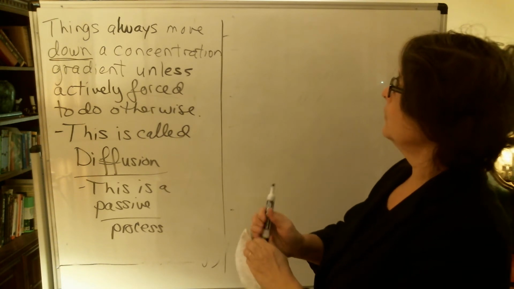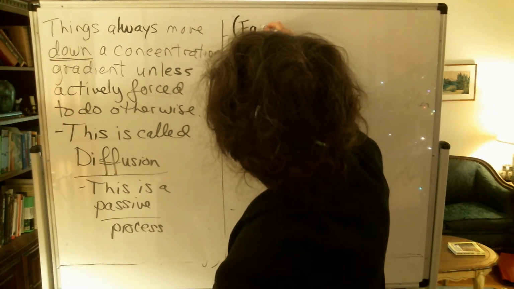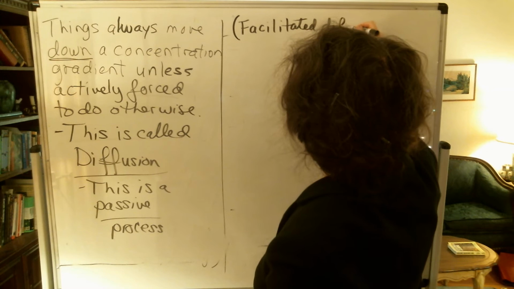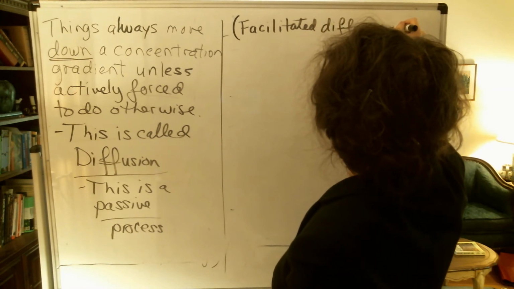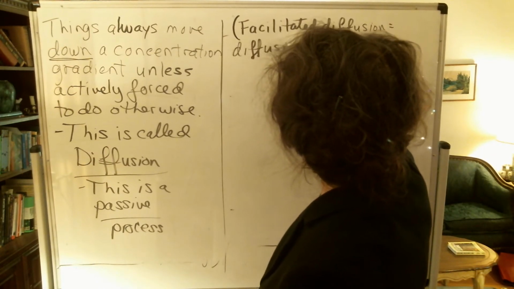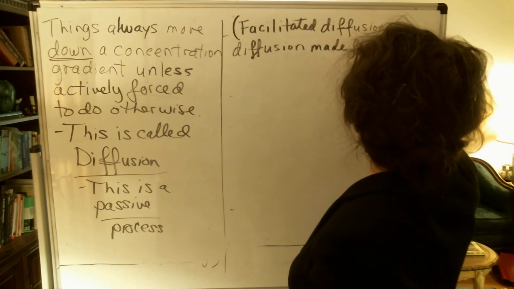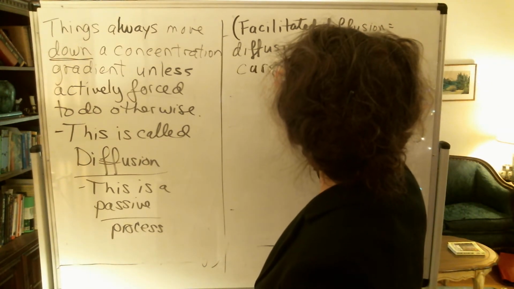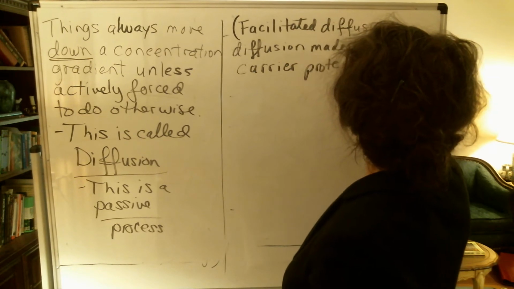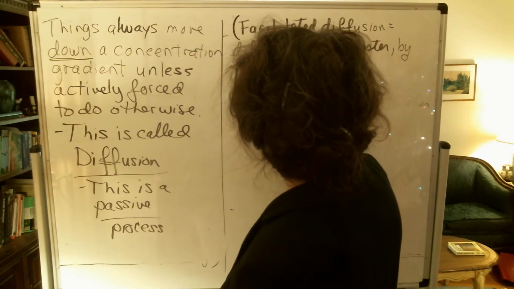Now, I am just going to briefly add that there is something you will run into from time to time called facilitated diffusion. And that then is basically diffusion that is made faster by carrier proteins. But that's just as a quick aside so that you will have heard this. Okay, so now let us get on to